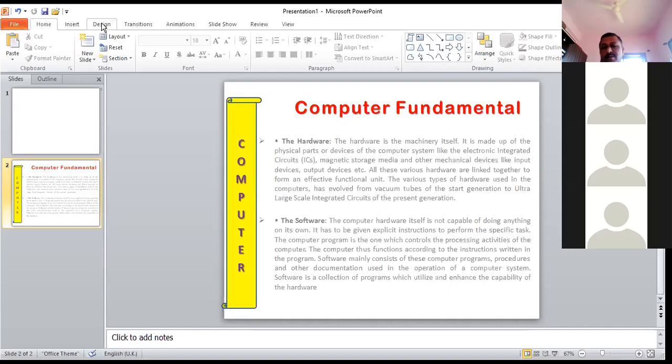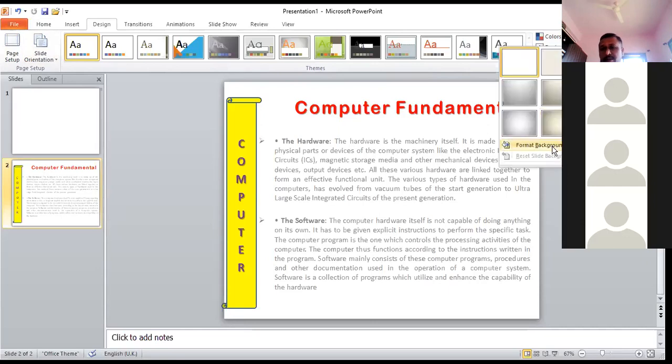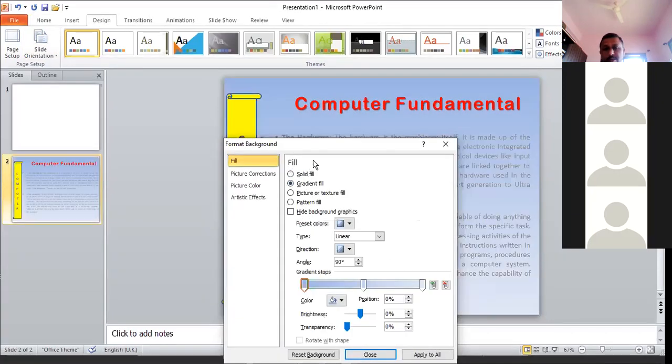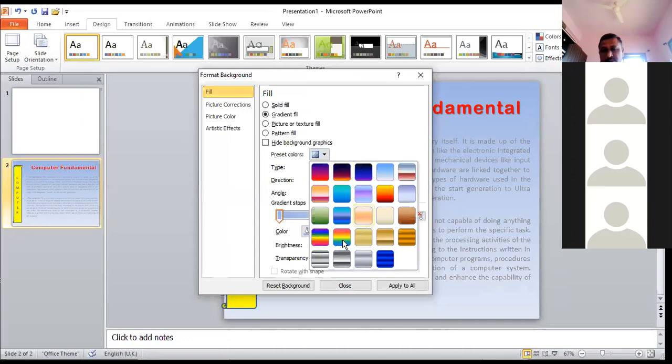That's why I said that you have to note it, and remember all the commands which are given in the tabs. Either you can use the designs applied there, otherwise you can go for background options from the style. Background style can be changed. You can go for format background, and you can choose the particular suitable styles which you need there. Now I'm going to select the gradient texture patterns, and you can choose the color patterns which we require there. Preset colors, already set colors are given there. You can apply it there.